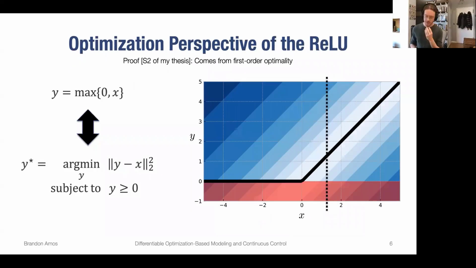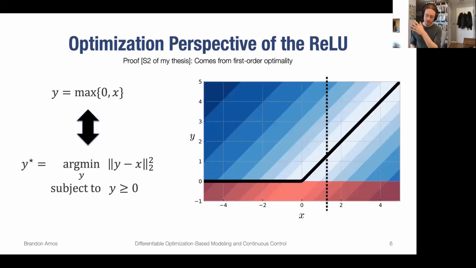A few other interesting ones is that you can also interpret some of the standard operations that we're already using as themselves solving optimization problems, or convex and constrained optimization problems. And this is not necessarily a useful tool to improve our understanding of the ReLU, Sigmoid, or Softmax, but I think it's a useful tool for understanding how convex optimization layers can help with modeling, because it captures this rich class of, in this case, activation functions. And it gives you a feel for how you could maybe extend beyond these cases.